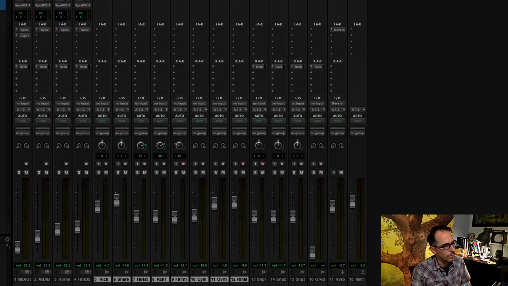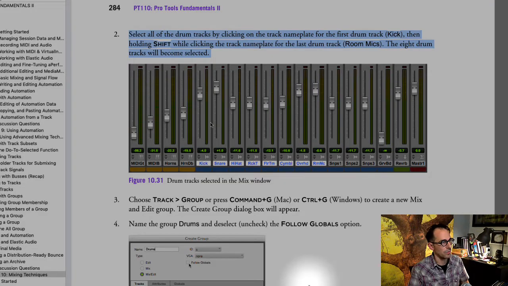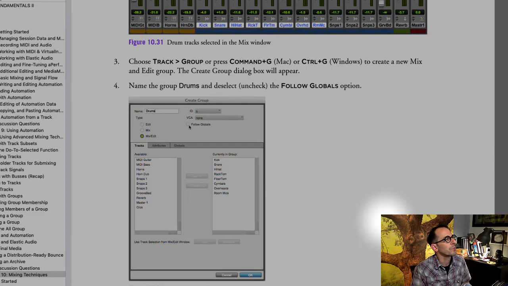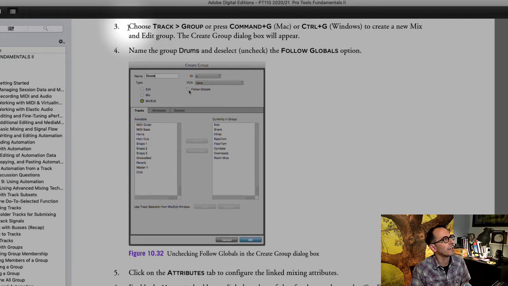So what I'll do is, if I go like this, for example, or go like this, for example, I've screwed up the whole dynamics between the different drums. However, if we group them together, we'll be good to go. So choose Track, Group, or press Command G or Control G if you're on Windows to create a new mix